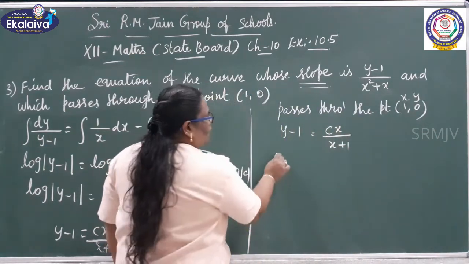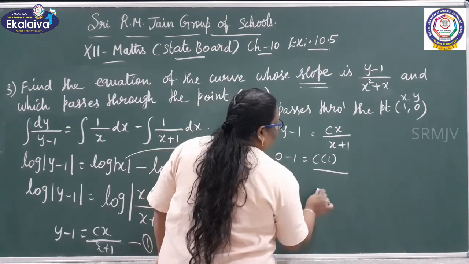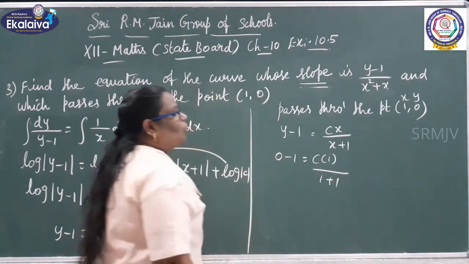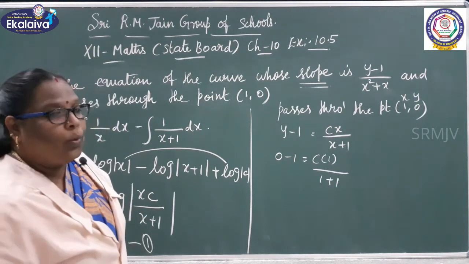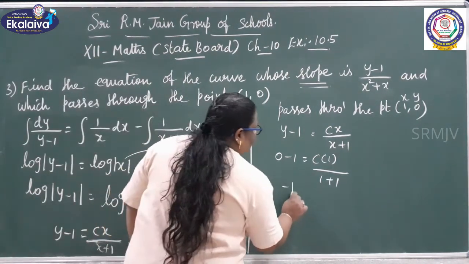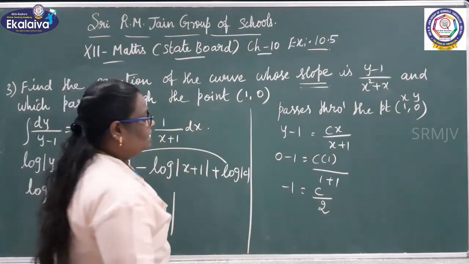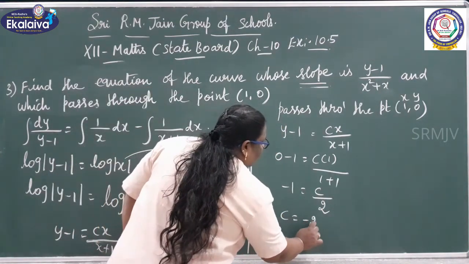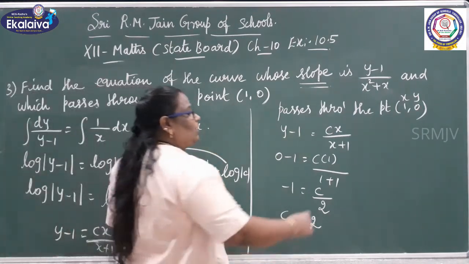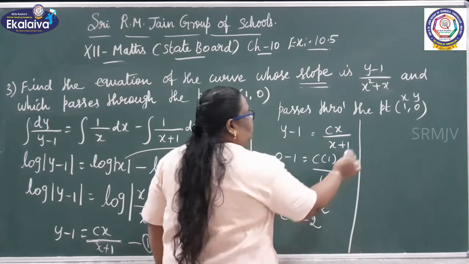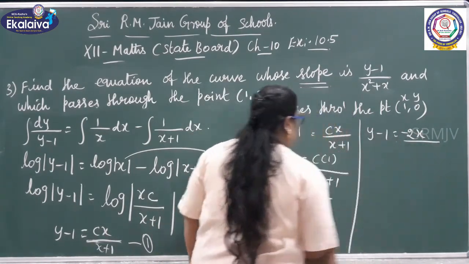So, 0 minus 1 equal to c into 1 by 1 plus 1. Minus 1 equal to c by 2. What is the value of c? c equal to minus 2. You substitute c equal to minus 2 in equation 1. So, you are getting y minus 1 equal to minus 2x